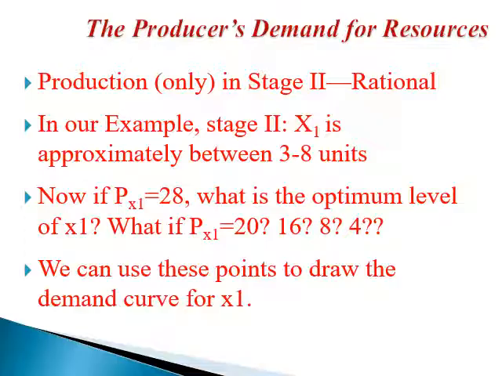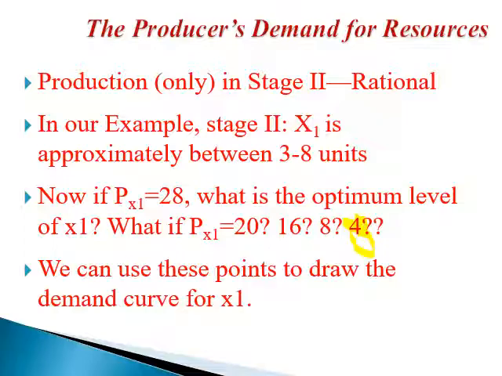He said that, assuming P of X1 is equal to 4. Remember, in our example in the previous slides, we assumed that P of X1 is equal to 12 pounds a unit. He said, please repeat the calculations that we went through, but assuming that the unit price of X1 is 4. Everything else is the same.